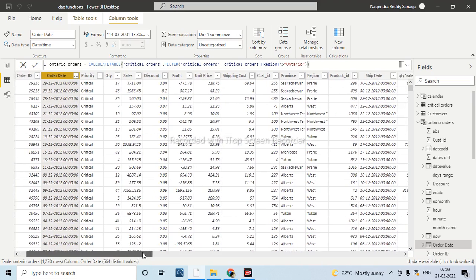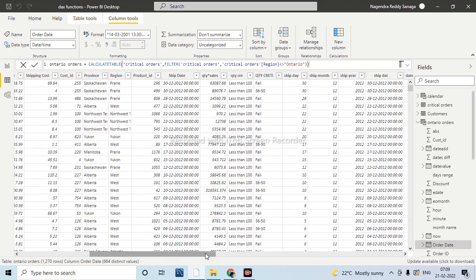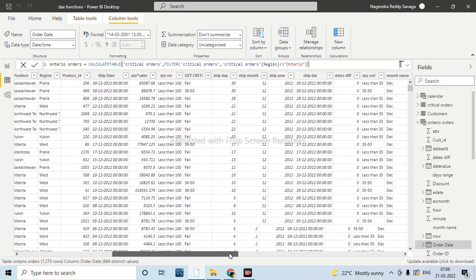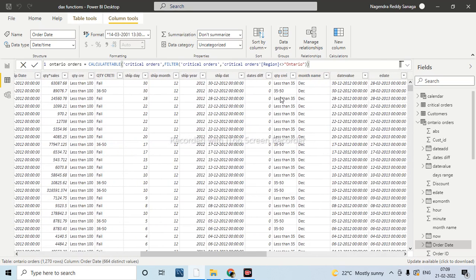I think we already created a formula earlier for calculating the last 7 days. This one, right? The same logic. Here you are not able to see the DAX function because it is not written in this table. This DAX function is written in the critical orders table.